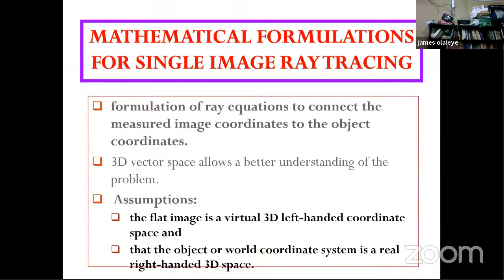Now, mathematical formulations for single image ray tracing. The method we'll be using is called the method of ray tracing. So when you are asked to compute the location of a point on the object using measurements on the image and then using the formula for ray tracing, what that is saying is that you have to use the formula for a ray, for a line